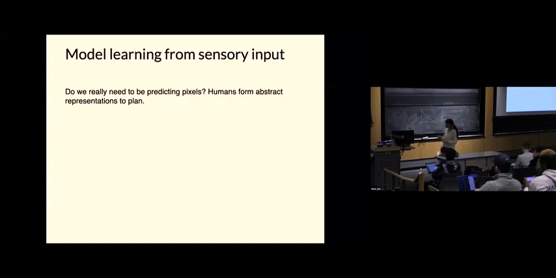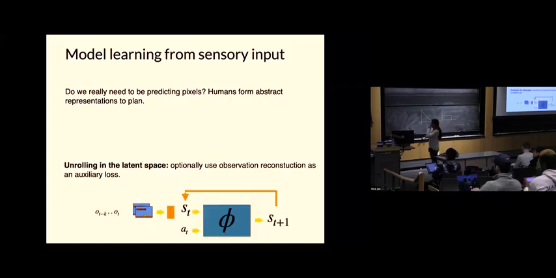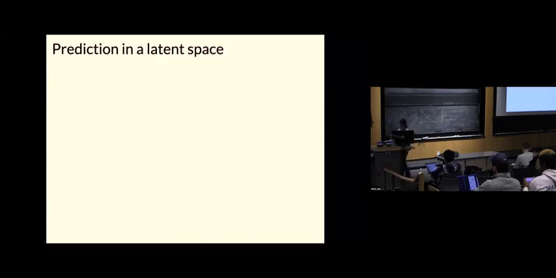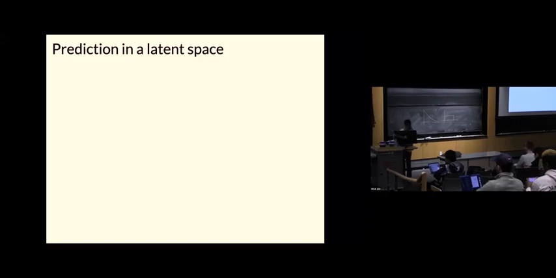So let's go back to our picture. Do we really need to be predicting pixels? Okay. And there was this paper that came out that's called the Predictron that said, no, we don't need to be predicting pixels. What if we just jump in a latent space and predict from there task relevant quantities? And then we'll see how we should be able to do that end to end. Now I'll show you some failed attempts of that, okay, before going to the real solution.